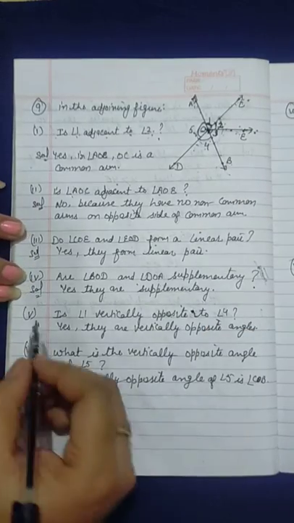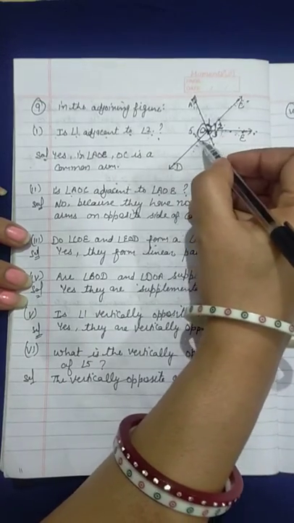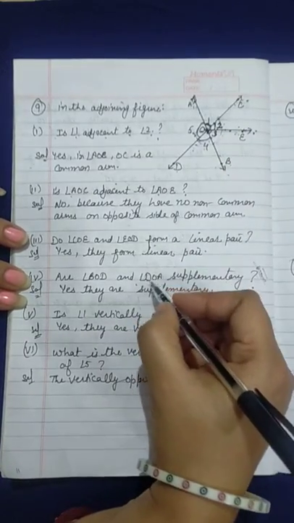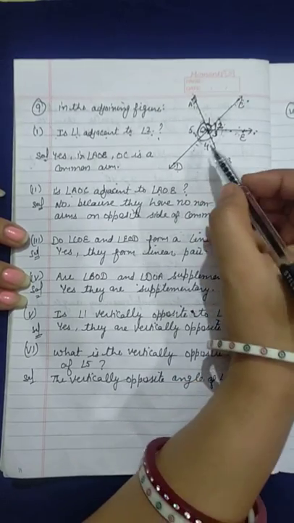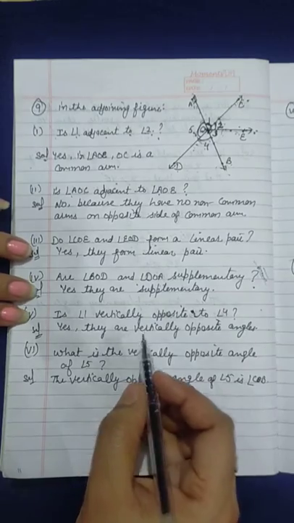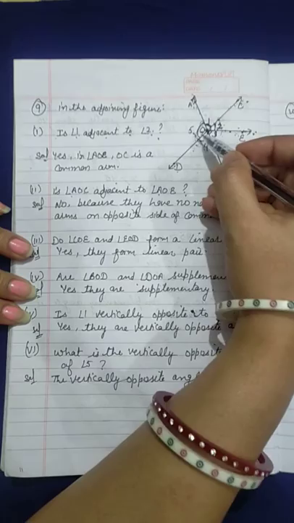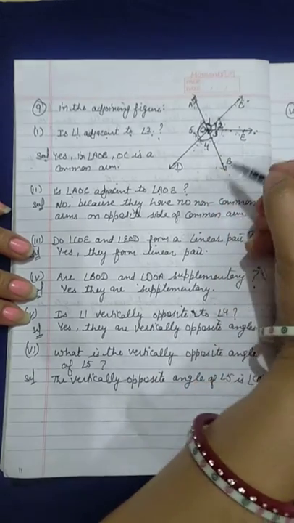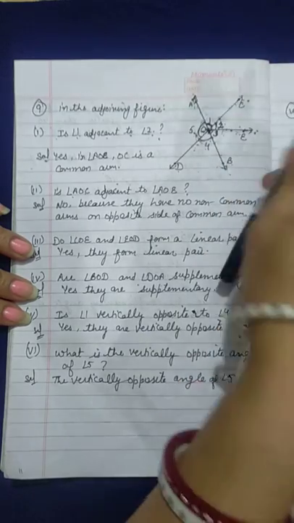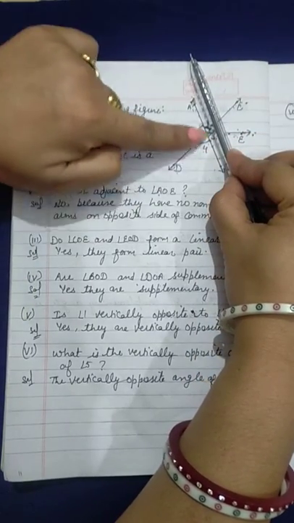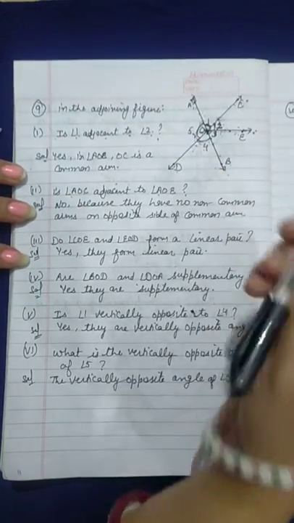In the next part, they are asking about angle BOD, this angle 4, and angle DOA, this angle 5. Now we discuss whether angles 4 and 5 are supplementary. We'll check that both angle 4 and 5 represent supplementary angles. Again see here, this is BOD and this is DOA. Again they form a straight line like this. So these angles are supplementary here.